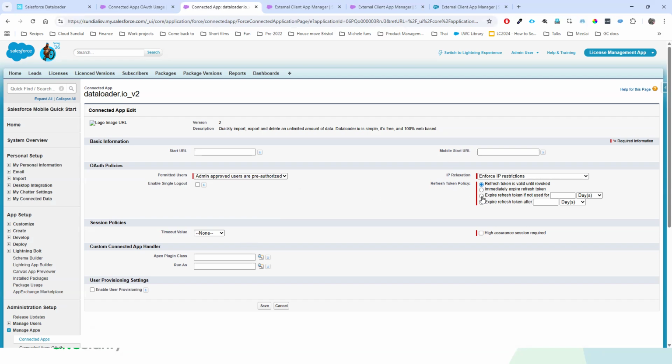The other one to really pay attention to is the refresh token policy. And again, the default is not our friend here. Connected apps are set up with a default of refresh tokens valid until revoked.